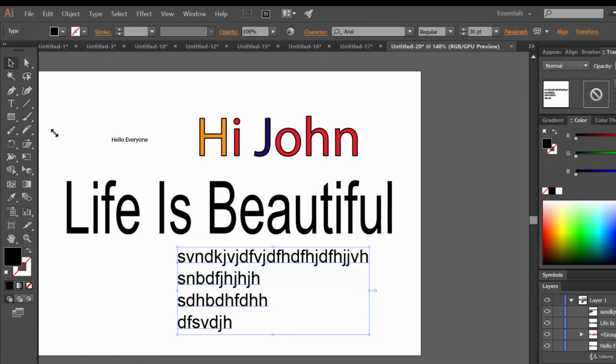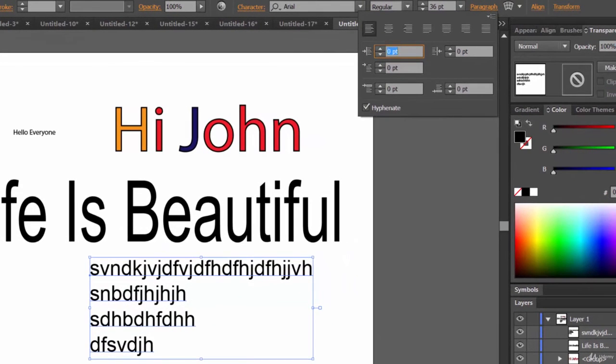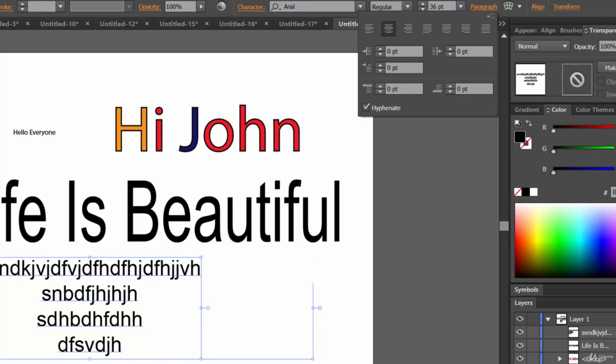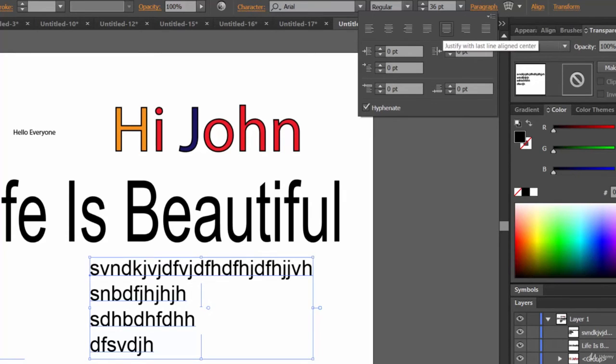And now here you will see an option that is paragraph panel. Let's click on this paragraph panel. Here you will see few options. These are alignment options. This is align left. Next we have align center. Let's click on it. See, now the texts are aligned at the center, right? Next we have align right. See? So just try to experiment with these stuffs. These are not that tough. You will understand by yourself only.